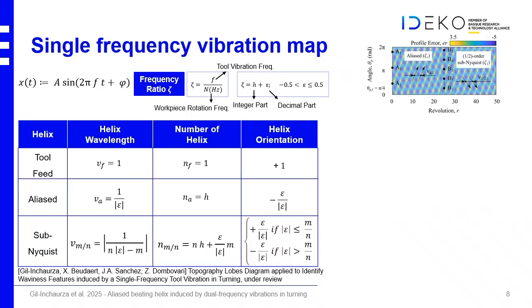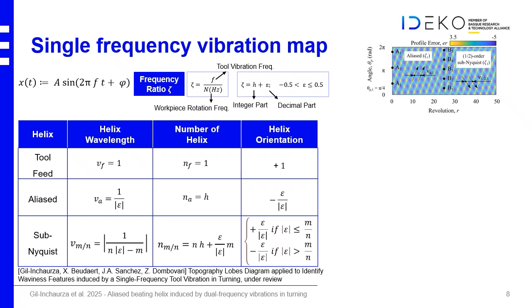Then, thanks to this work, we could get to this table with the different equations for wavelengths, number of helixes and helix orientation, depending on the situation. If we have the tool feed, we have one mark per revolution, so one helix, that is considered as positive orientation. Then the aliased vibration, that will have a wavelength that depends on the inverse of the decimal part of